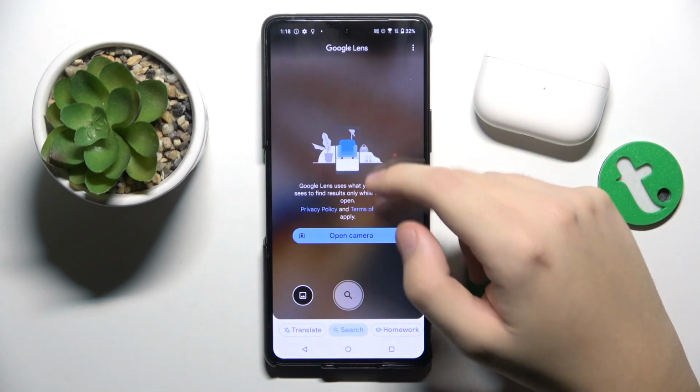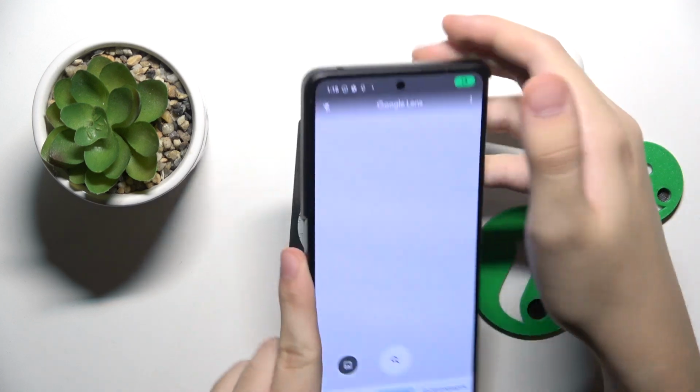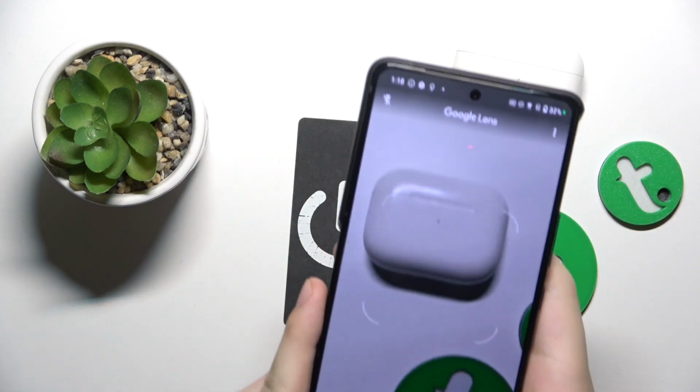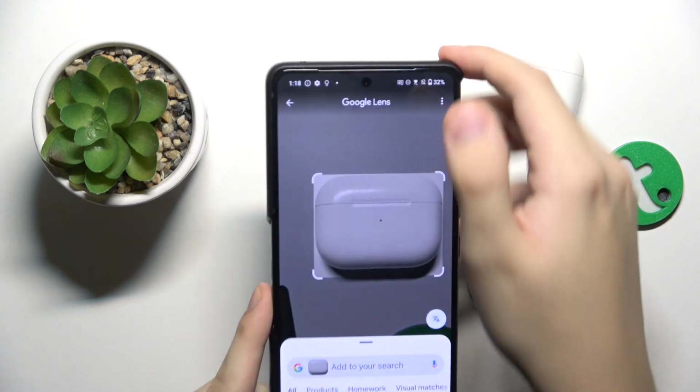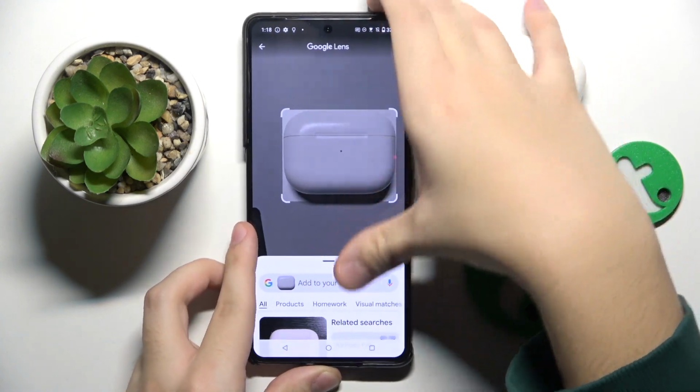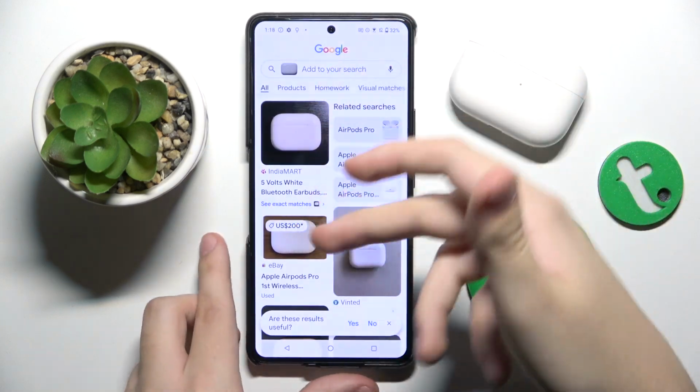We have to give the permission to camera, and now look, we have to aim on our item like this, and when you do this we have to click right here in this circle, and as you can see it searched it that this is Apple AirPods Pro,